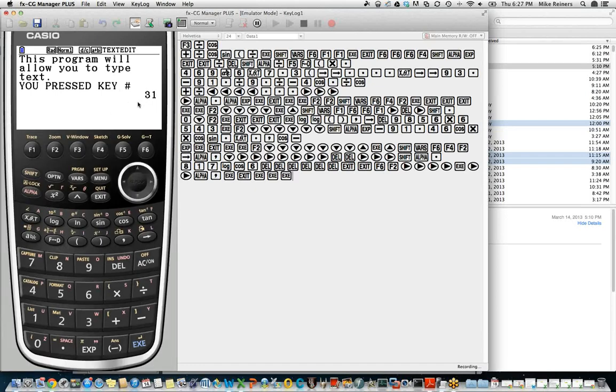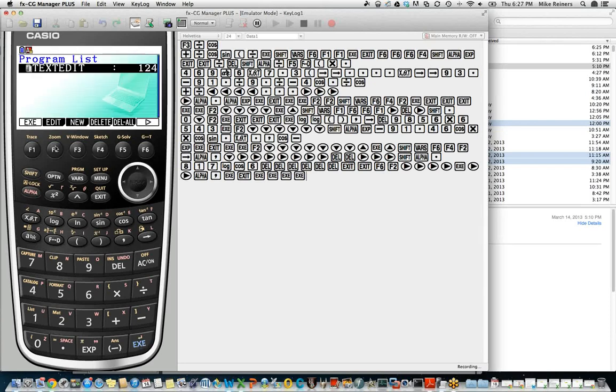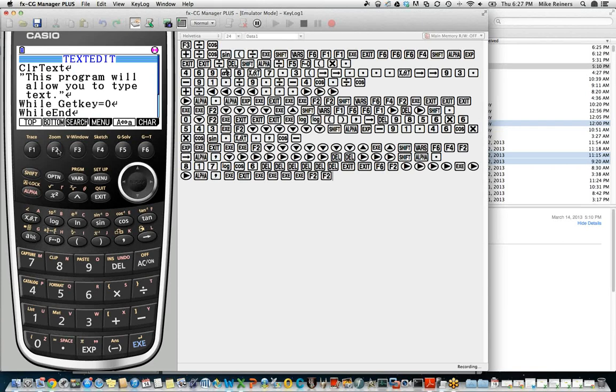So we need to get around the fact that we just pressed key 31. We need to delay the calculator a bit until, hey, wait now, I need to have an opportunity to press something else. So let's press execute, go back and edit our program. We'll go down to the bottom. And so what we need to do is essentially throw out this 31 that we've just received. So let's go up to our while loop, and we're going to expand this statement.